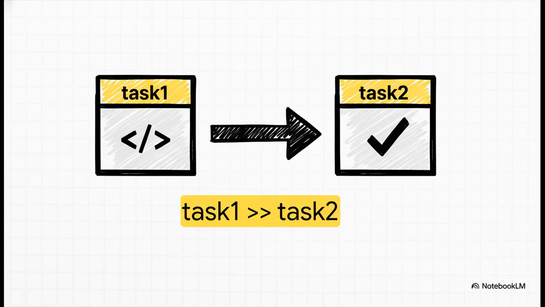And here is where the magic really happens, right in the Python code. You can see we define task 1 and task 2. But that last line, task 1 >> task 2, that's it. That's how you tell Airflow the most important thing. Task 2 cannot and will not start until task 1 has finished successfully. It's that simple line of code that creates the dependency, the order, and that's what makes Airflow so incredibly powerful.